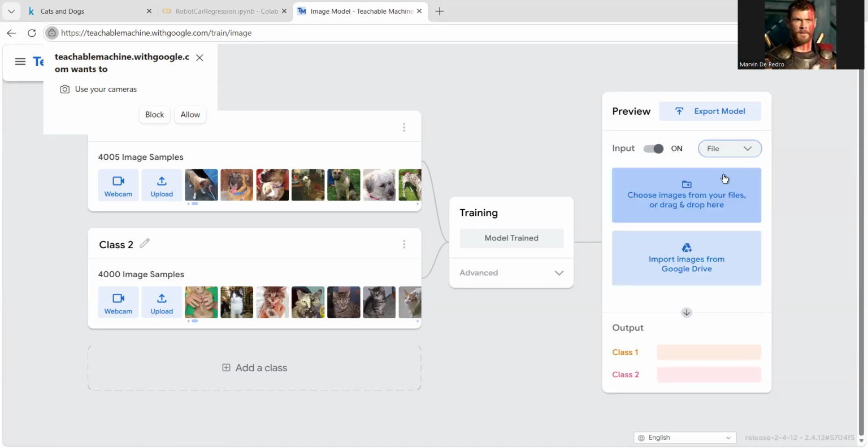If you choose webcam, then you make your dog or your cat shown in front of your webcam, so that the system will take a picture of it and then analyze whether it's a cat or a dog.